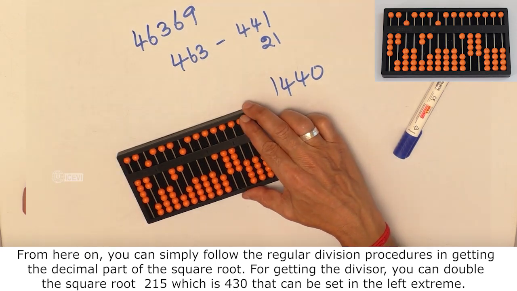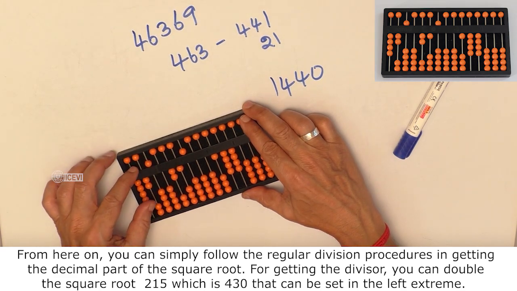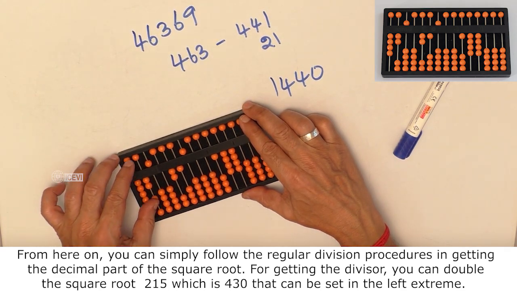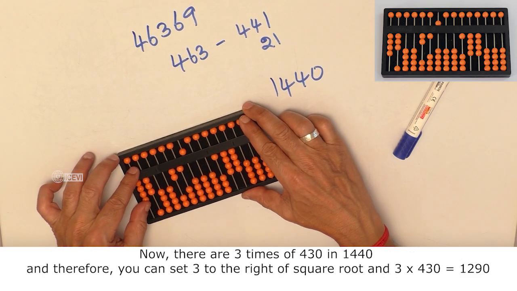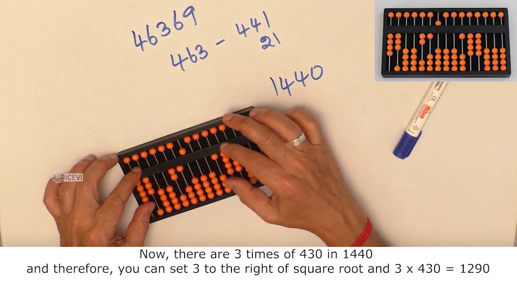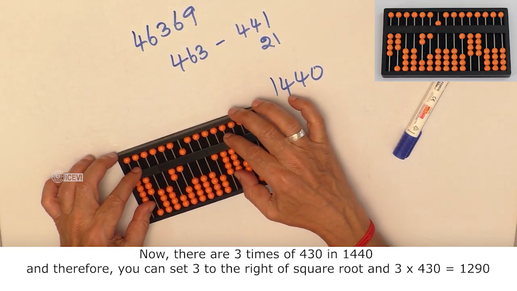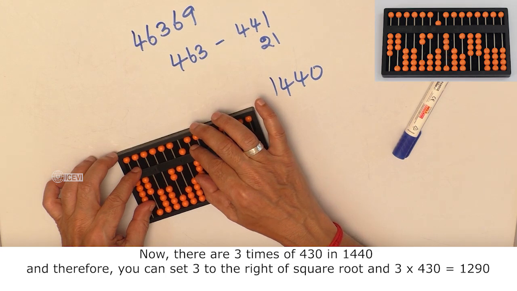For getting the divisor, you can double the square root 215, which is 430. That can be set in the left extreme. Now, there are 3 times of 430 in 1440, and therefore you can set 3 to the right of the square root